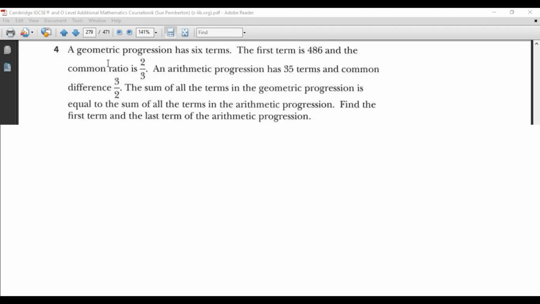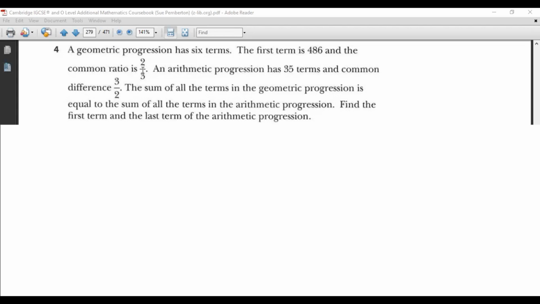Now, the question is saying over here a geometric progression has 6 terms. The first term is 486 and the common ratio is 2/3. This is the first piece of information which is given to me. Okay, so I will work according to that. Whatever is given over here,